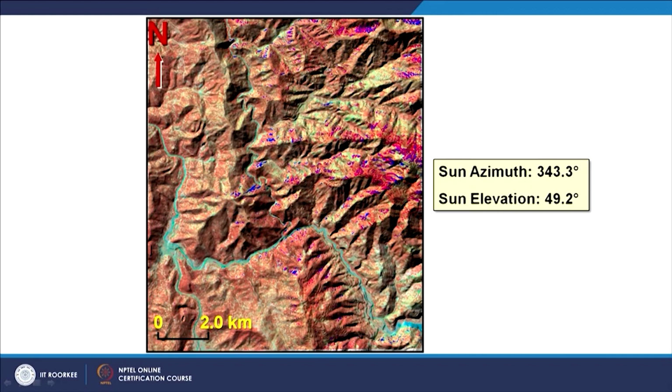And the river can be seen as flowing in the valley. So, no false perception, a true perception of Himalayan terrain. Many problems can also be solved by integrating digital elevation models and satellite images, because using digital elevation models